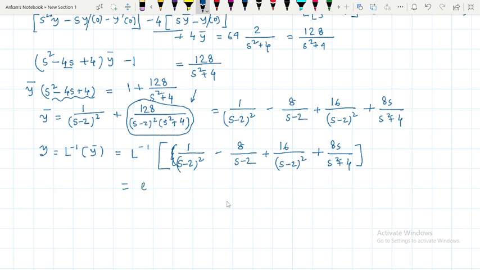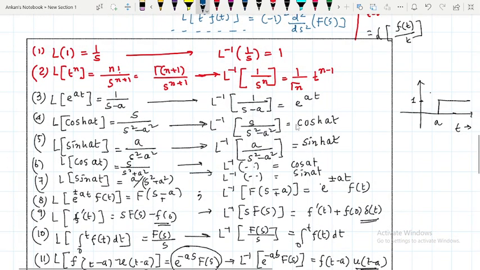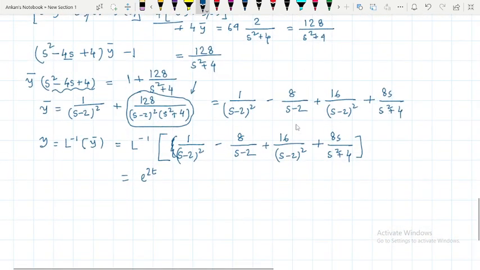Shifting theorem is applied here, so e to the power 2t, and 1 by s square means 1 by s to the power n plus 1. So let us see the formula: 1 by s to the power n is t to the power n minus 1 by gamma n. So 1 by gamma 2 means 1, t to the power n minus 1 means t. Okay,